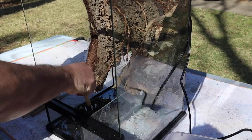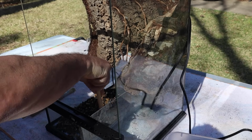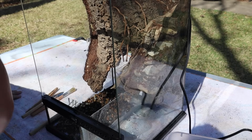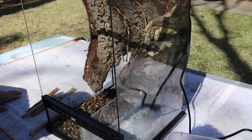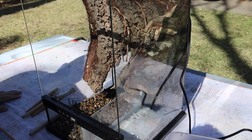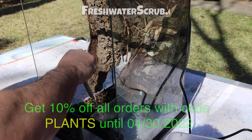To create the terrestrial area, we're going to need to first create a false bottom or a drainage layer. We will accomplish this with about a 1/2 inch thick layer of small pea gravel. This will hold a nice amount of water below the substrate layer. And we'll smooth this out with a set of terrarium tools that we got from